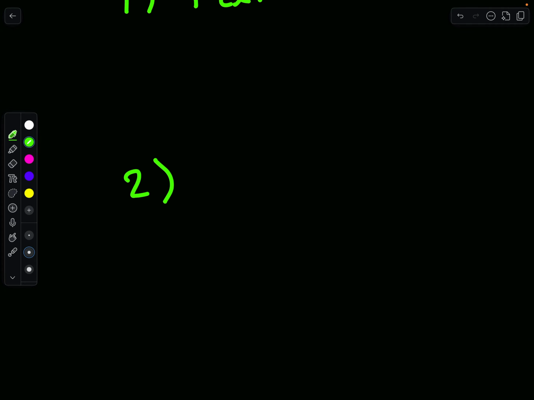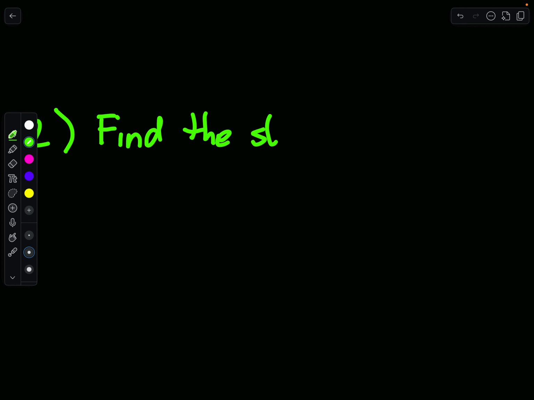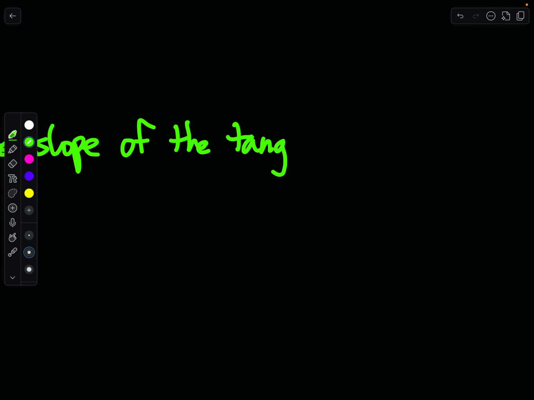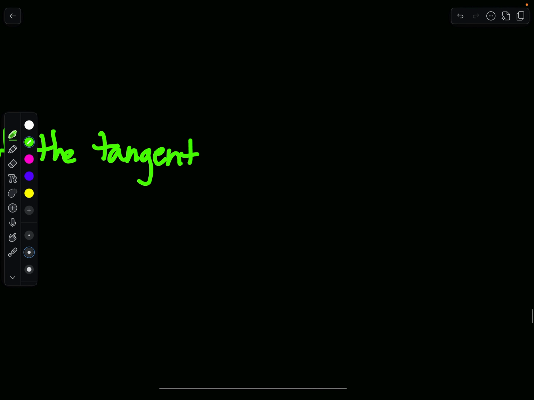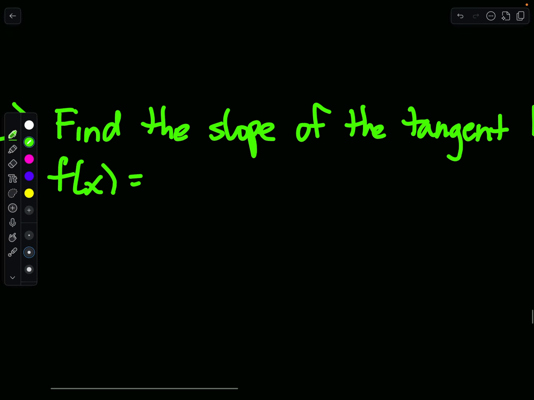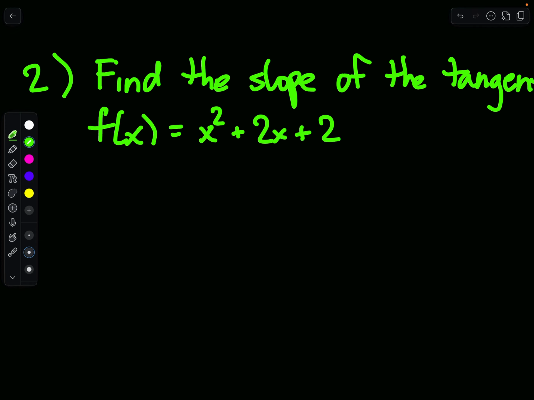Number 2. Find the slope of the tangent line to f of x equals x squared plus 2x plus 2 at x equals 1. And number 3,